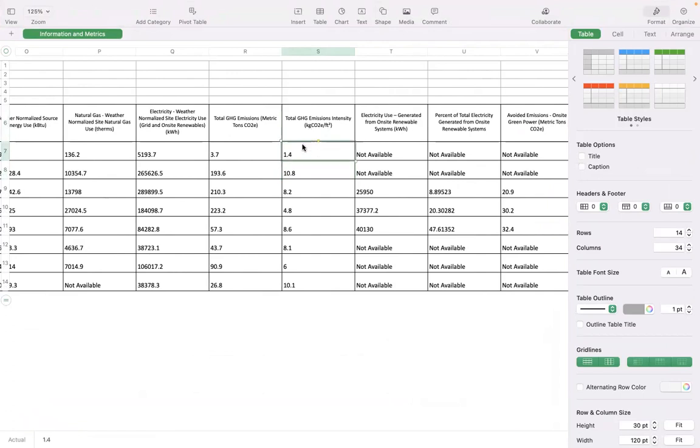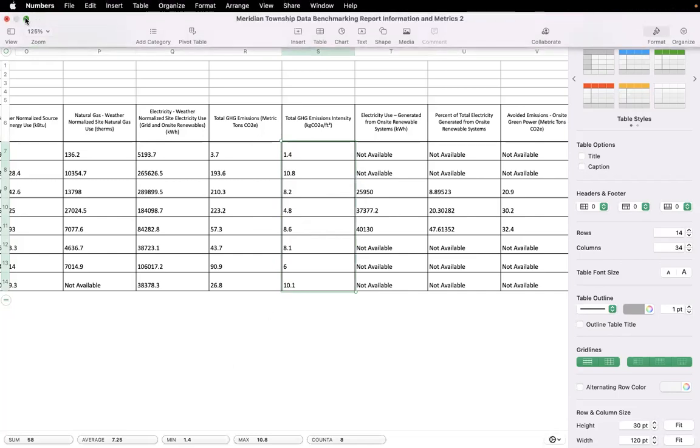So this is kilograms of carbon dioxide equivalent per square foot. So then you could just go and copy. Oh, that's not working. Anyways, you can go and select it, copy it, and then you would go back into